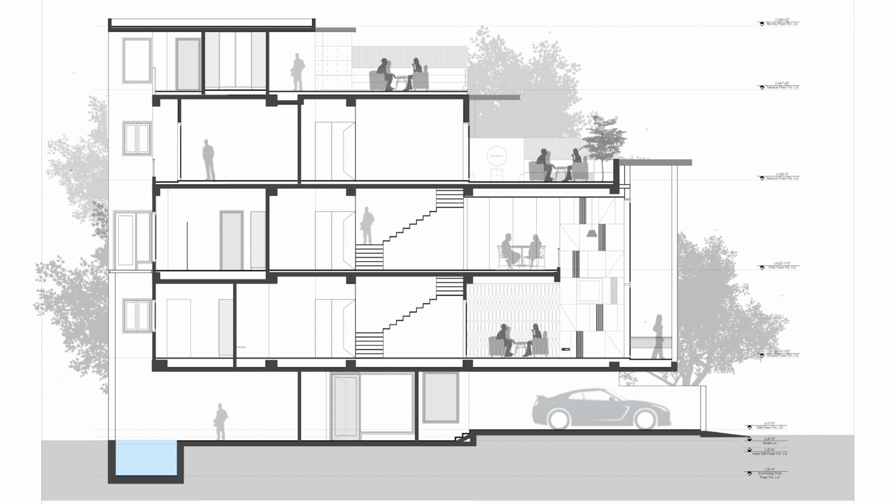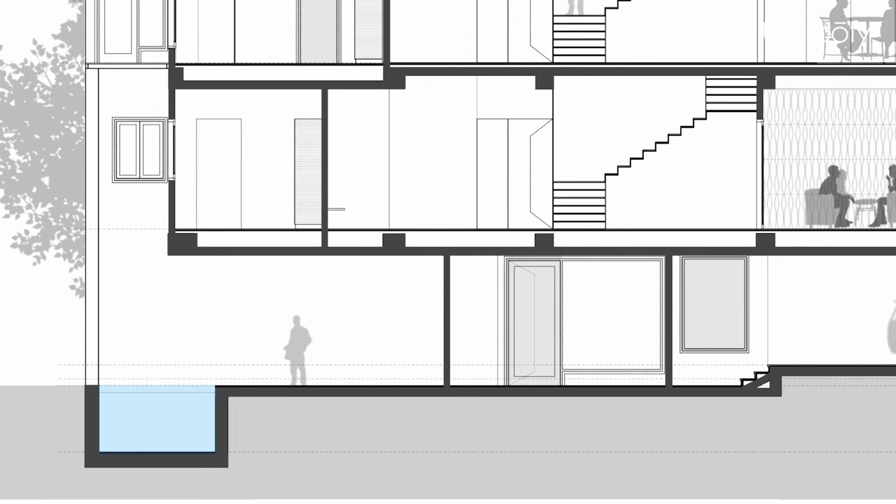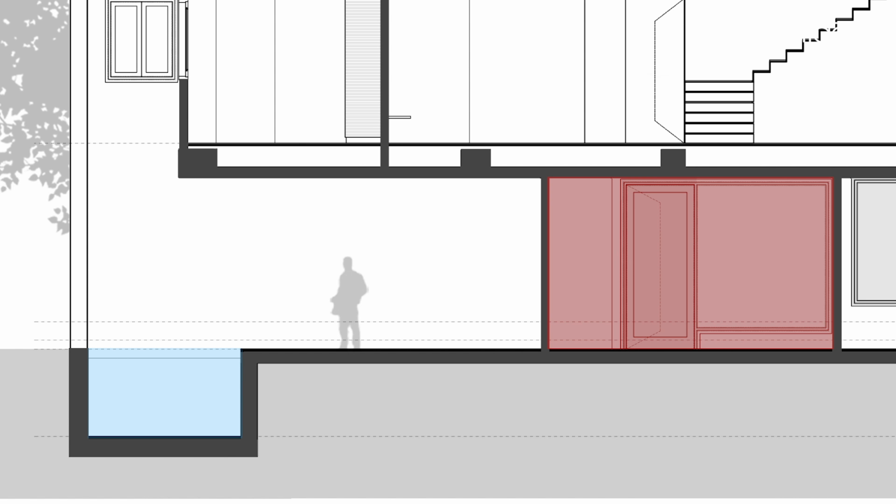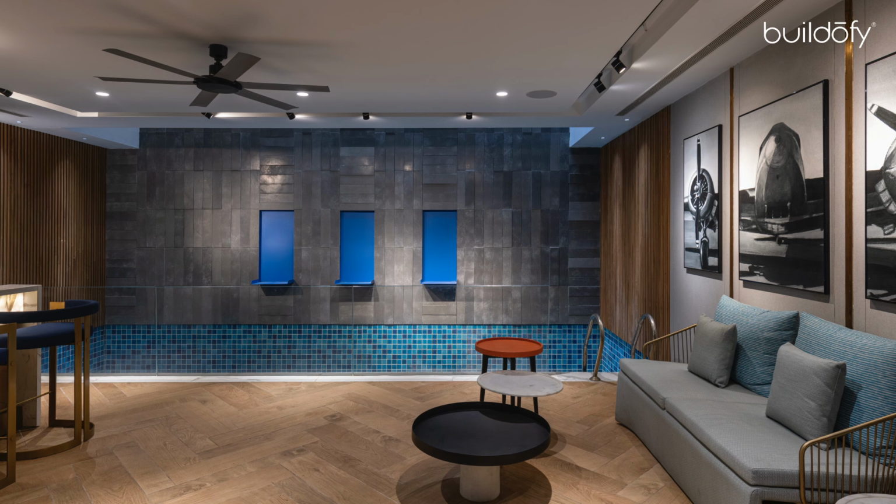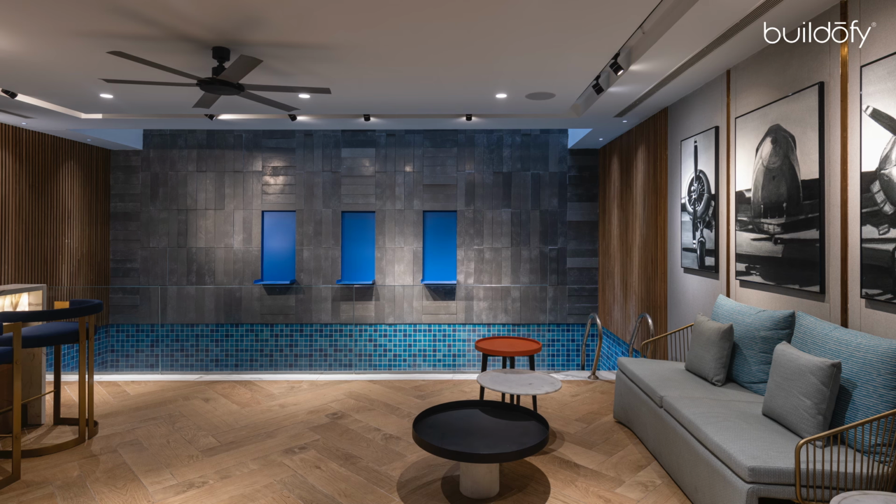As we enter through the main gate into the stilt, which is at 2 levels, the front is used as parking and the rear descends into a lobby with a small office, washroom and an informal lounge with a swimming pool.